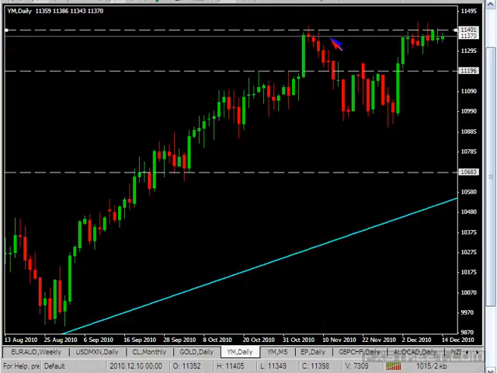Look at these long candlestick wicks. I like to draw a horizontal line at the highest closing price. The highest closing price was $11,398. That was December 10th, just a couple days ago. Look at the long candlestick wick. So far, cannot get above 11,400. My theory is that if the Dow does not break above 11,400 and the Aussie dollar currency pair does not